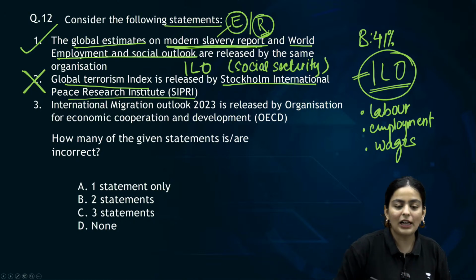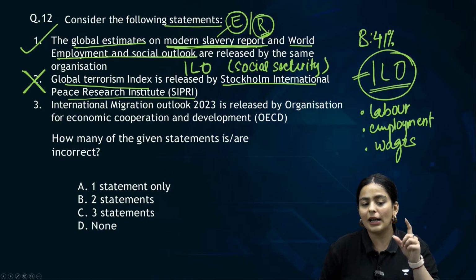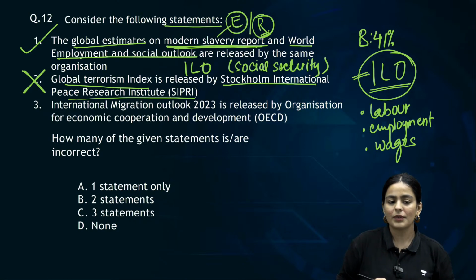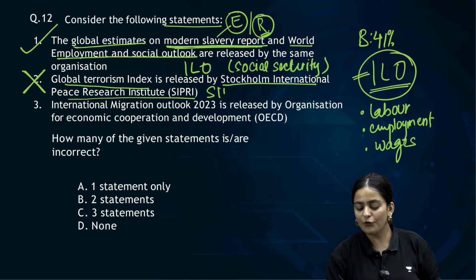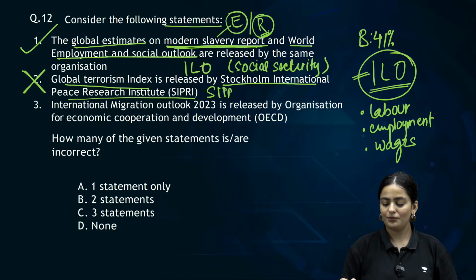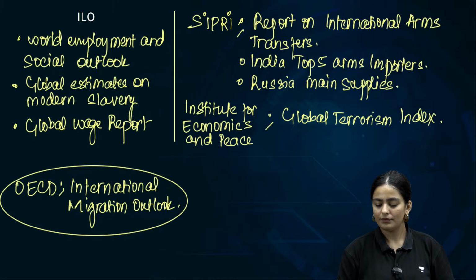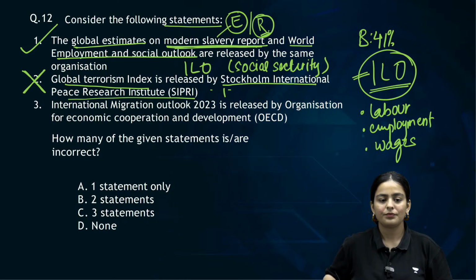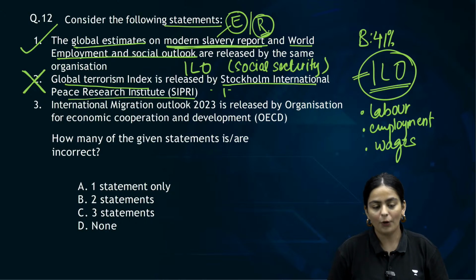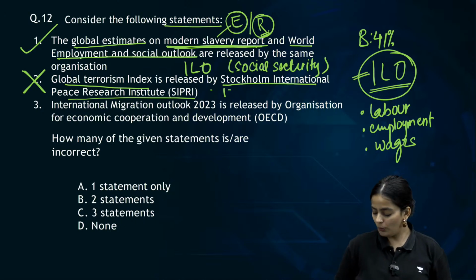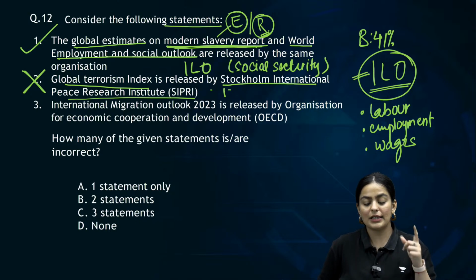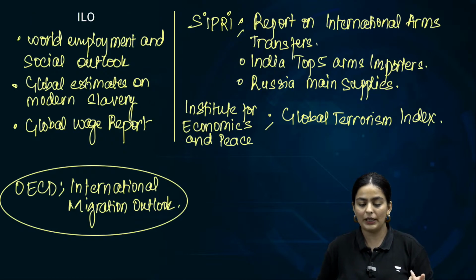So please, can you tell me which particular report does SIPRI release? Can you tell me the report of SIPRI? Can you do that? The weapons report, the international trends on arms and weapons. Well done, well done. So the Global Terrorism Report or Index is not an initiative of SIPRI, but it is